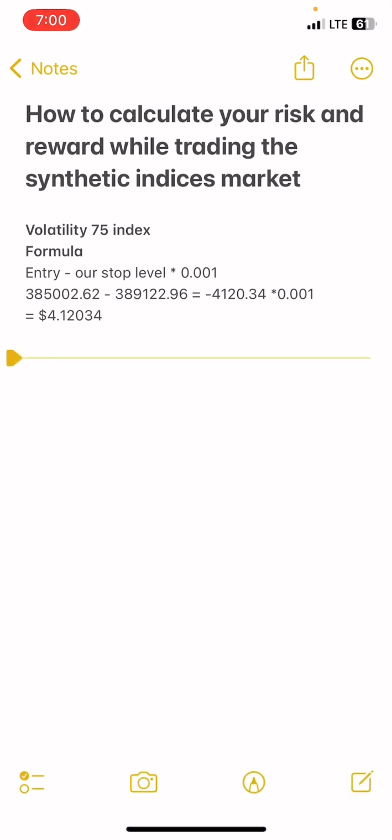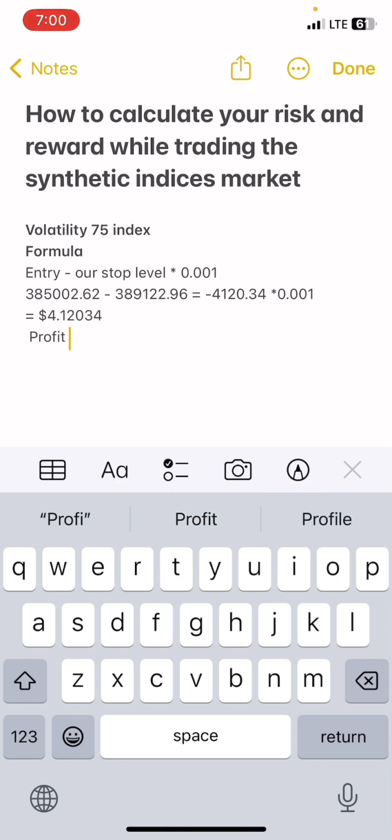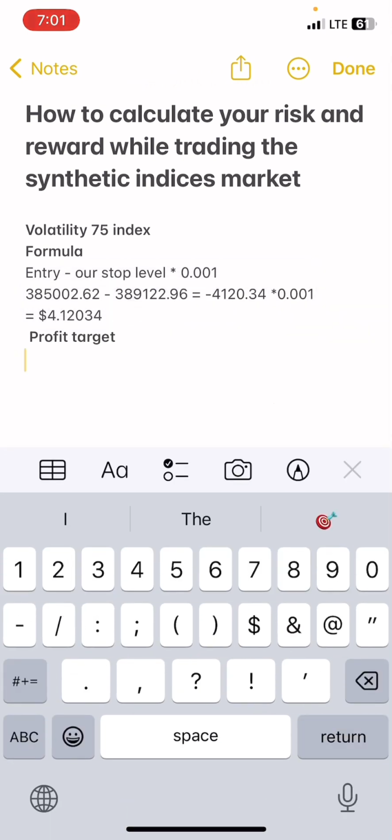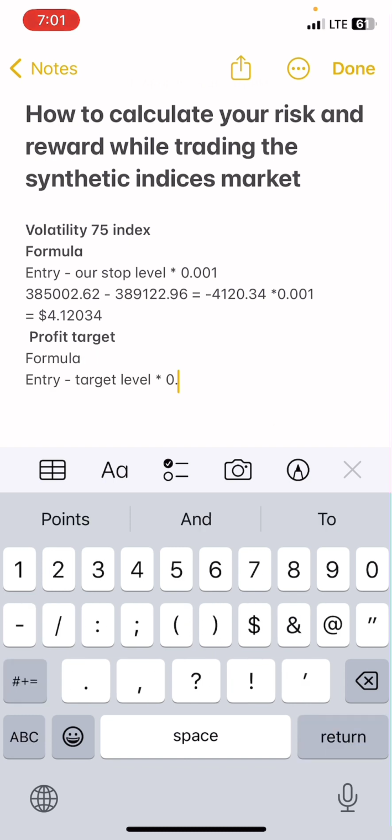The same thing applies to our targets level, our profit targets. How to know our profit targets, how much you're willing to make in the trade. This is basically the same thing. Like our entry level, the point where we got into the trade, okay, our formula is our entry level multiplied by our lot size. We are using the same lot size,